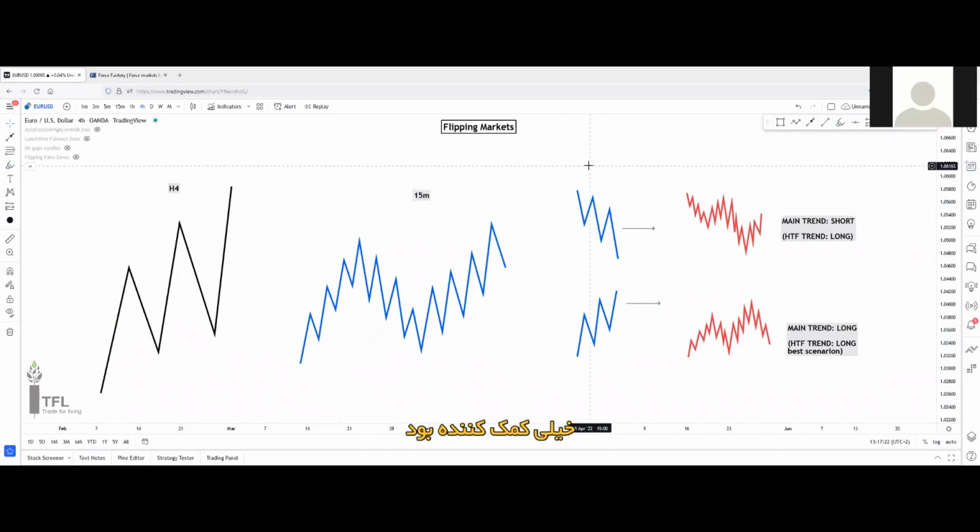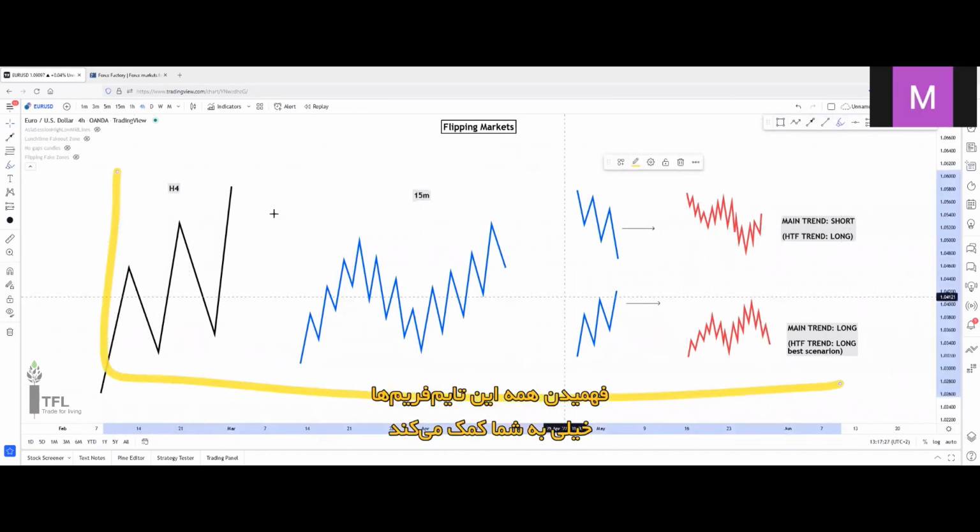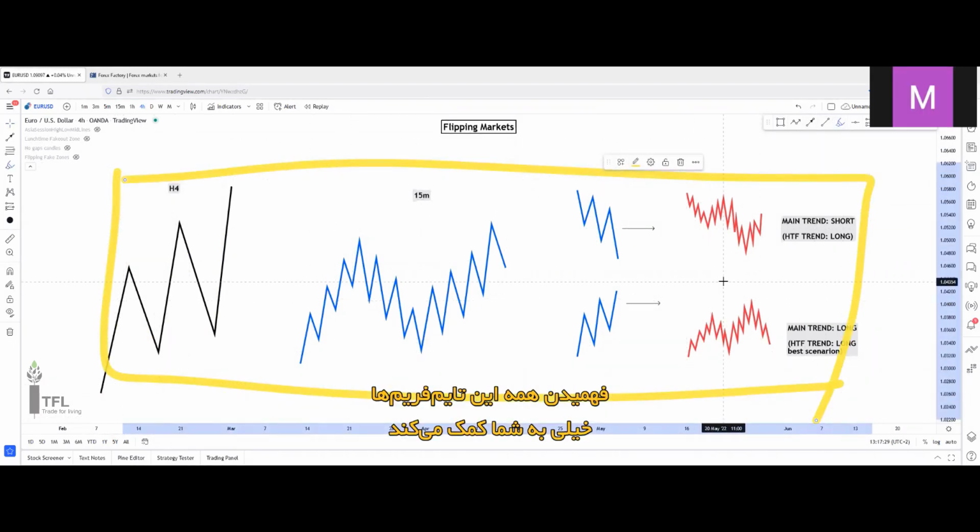Yeah, very helpful. Okay. So basically, understanding all of these correlated timeframes will help you a lot based on your main trend and counter trend movements. Because I know 1 minute can be confusing. Sorry for my language. The 1 minute chart is just noise if you don't know the higher time frame. But if you can combine the 1 minute with the higher time frame knowledge, you'll be a beast for real. If you combine the 1 minute noise with the higher time frame 15-minute structure, you'll be unstoppable because you'll